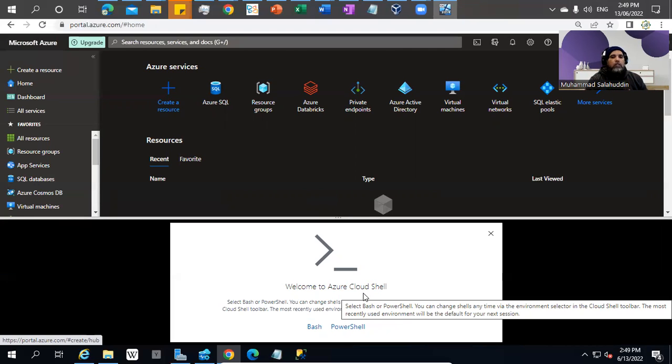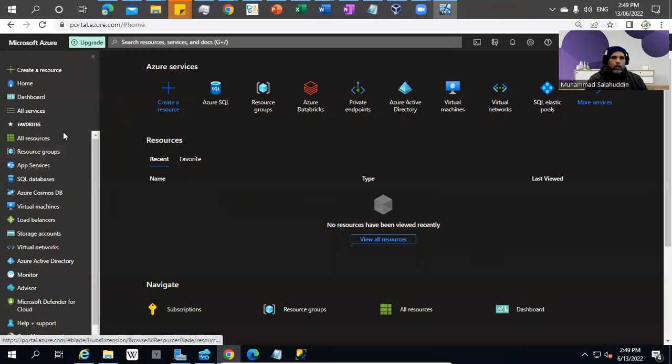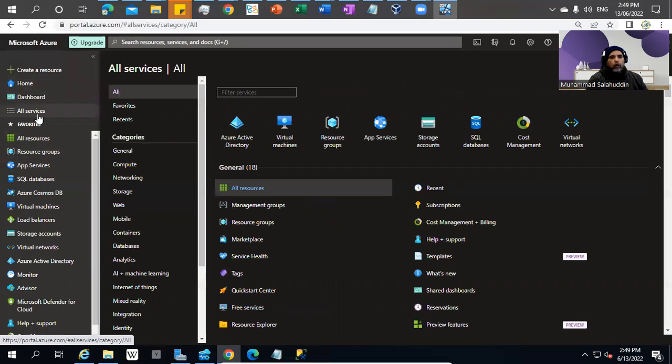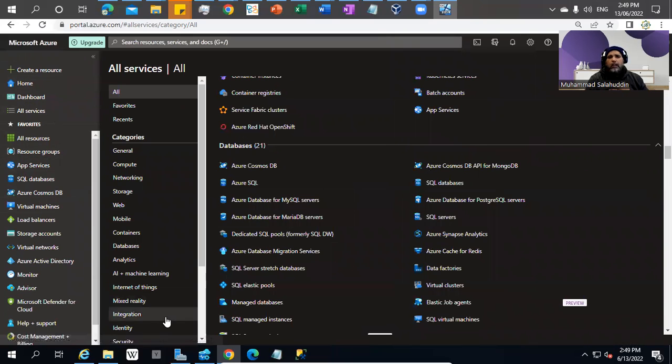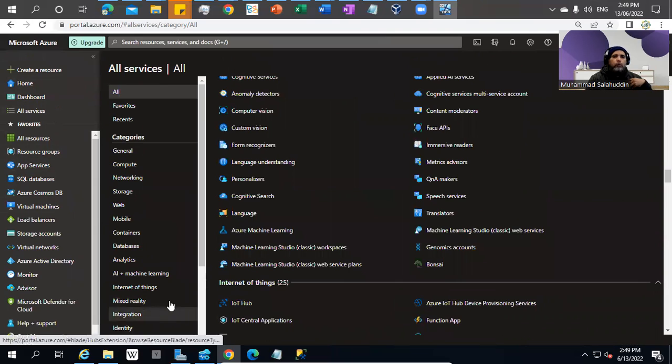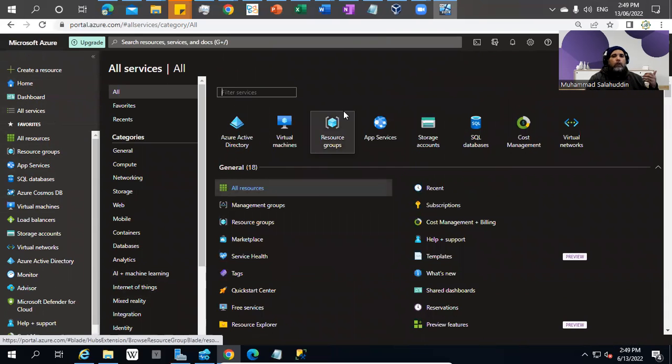We will see PowerShell and Bash in a separate video, because that's just the introduction. So by saying it, let me close this one for a while. And now let me quickly go through all the services. There are many services that Microsoft has provided, and you can see heaps and heaps of services. Don't be overwhelmed with the volume of the services. You are not going to learn all of these in your career,